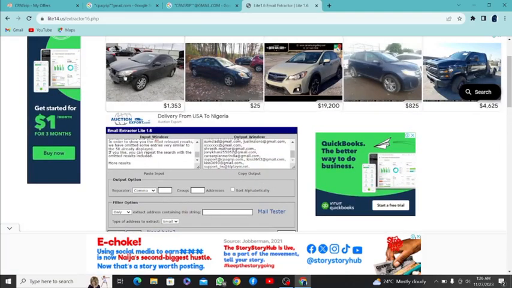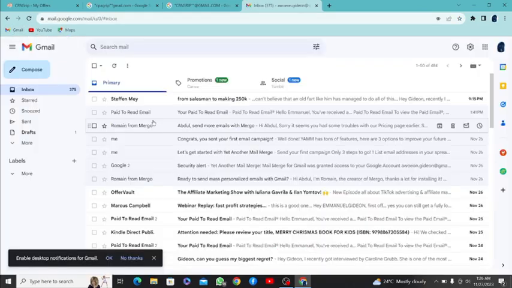To send the email, you're going to head over to where your email is located. Once you open your email like this, what you're going to be doing is composing your message, what you are going to be sending to these people. I promoted my CPA marketing with this strategy today. Let me open my draft.